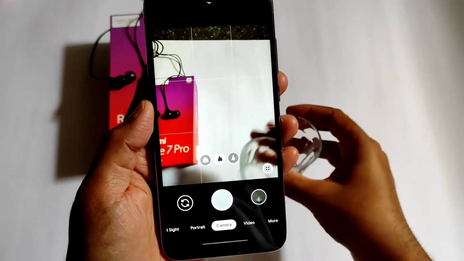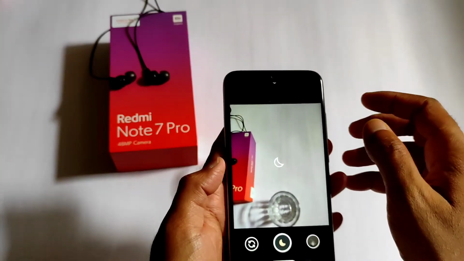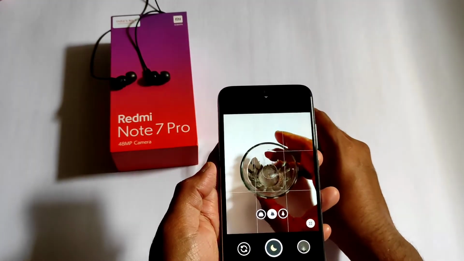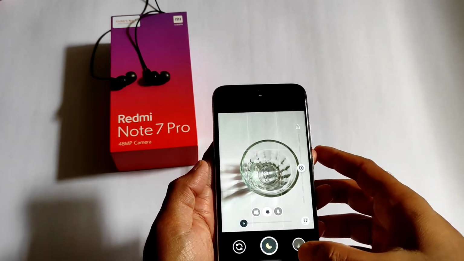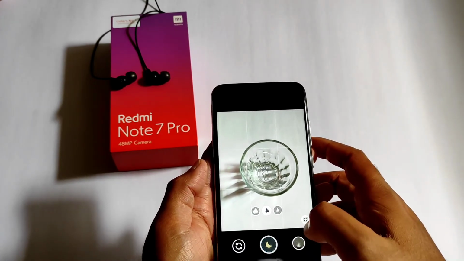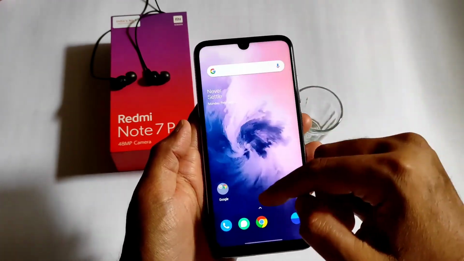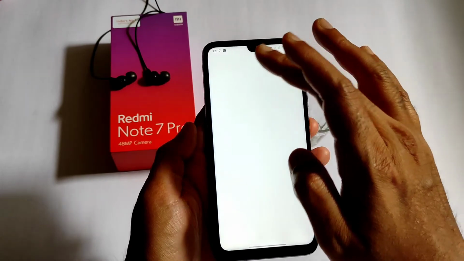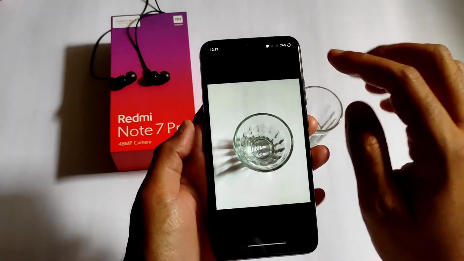And I have this Gcam Arnova build 7.4. Since it's Android 11 now and there is a new 8.1 Gcam, but still it is working. It's fine. As you can see, night sight mode. I'll take a photo. I have not installed Google Photos, so let me check out in the gallery.